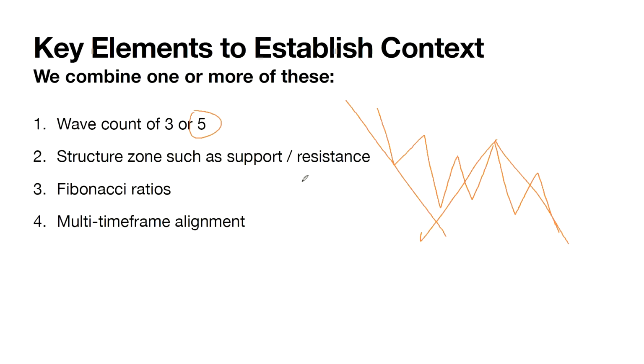Now 5, of course, is your typical Elliott wave: 1, 2, 3, 4, 5. This is often seen in commodities and the stock market, but sometimes in the FX market we do see that 5 wave development as well. But I would say 80% of the time, we do see 3 waves. So that's what we mean in terms of wave expectation.